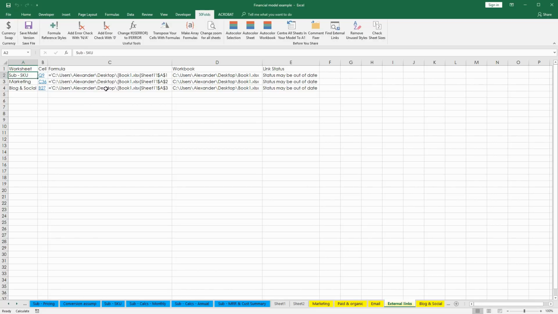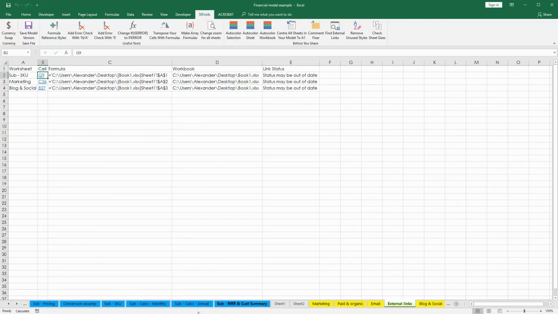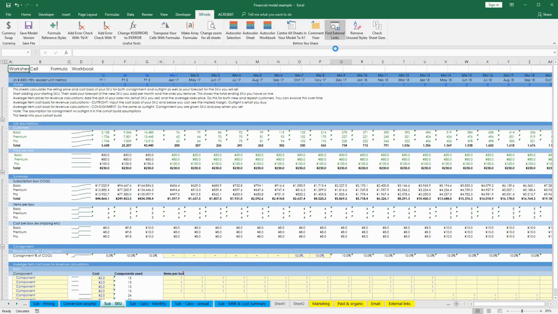So all you do is go to sub SKU Q9, sub SKU Q9, sub SKU, where is it? Q9, all right? Oopsies. Sub SKU Q9, and just delete it. Now, if you run this again just to see,